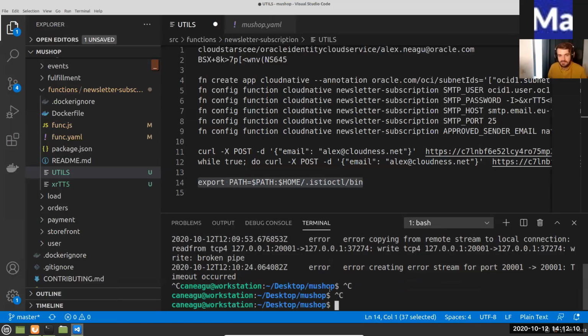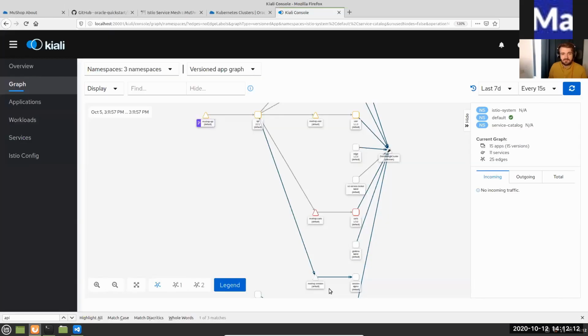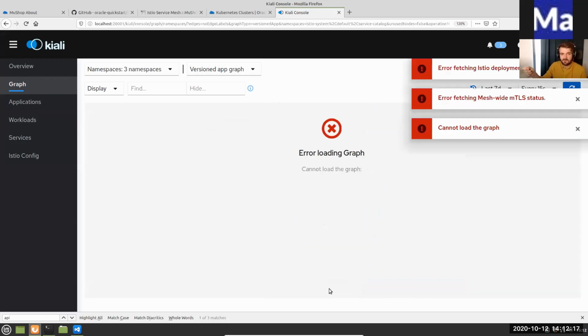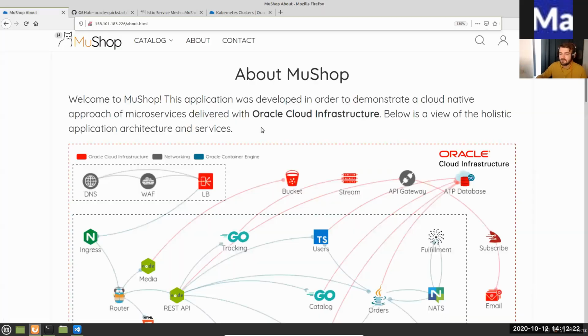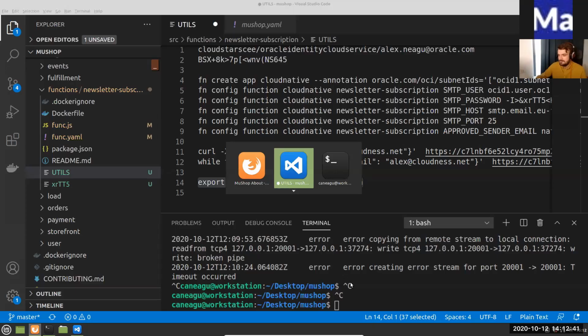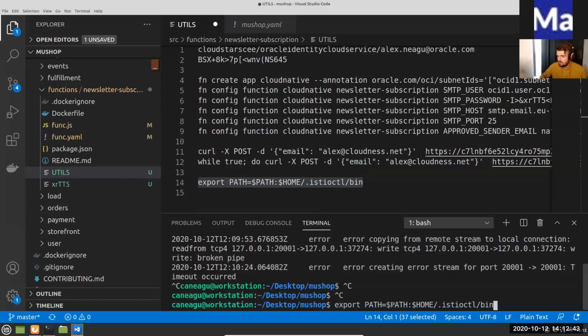This is one of the dashboards. And again, this is because if you follow the documentation, you install the default profile of Istio. And these components are being provisioned automatically for demo purposes. If you want to have Grafana installed, you can install it either manually or customize the deployment. What we are using today is just a sample in order for you to understand the usage of a specific tool.